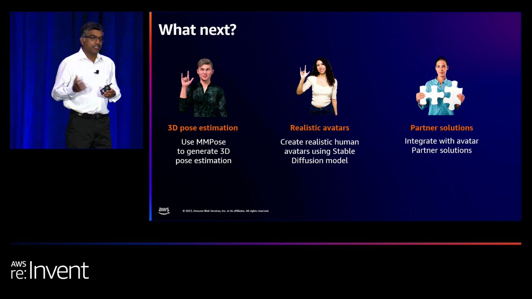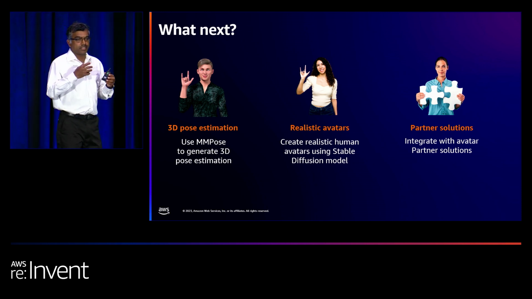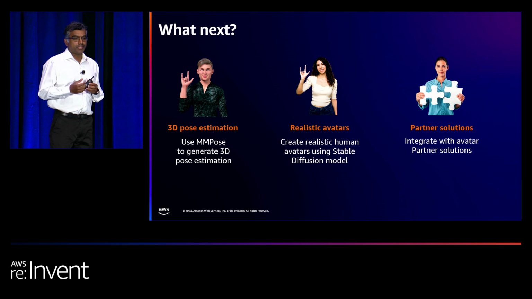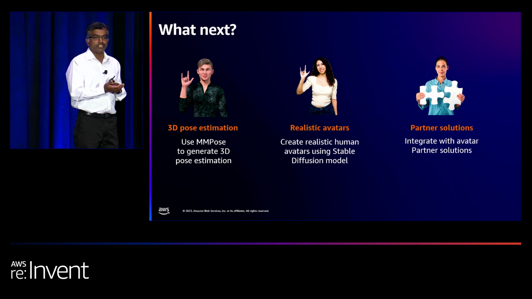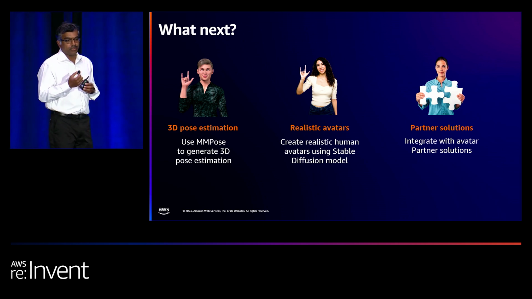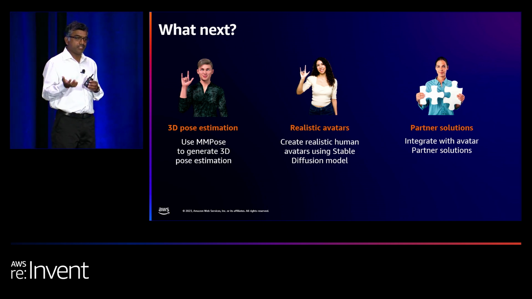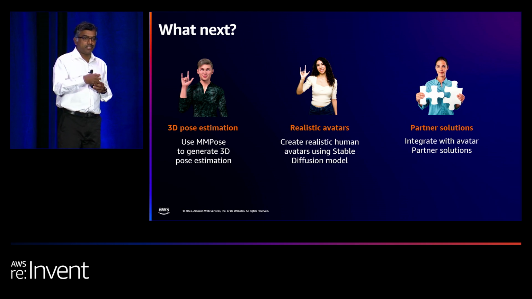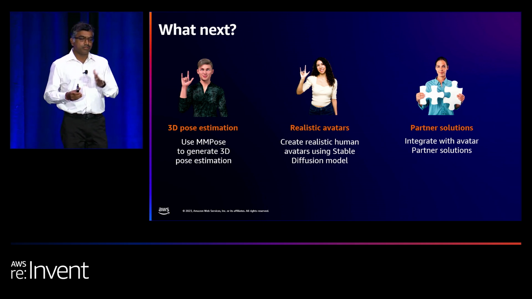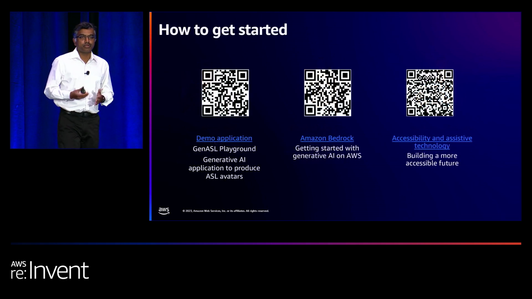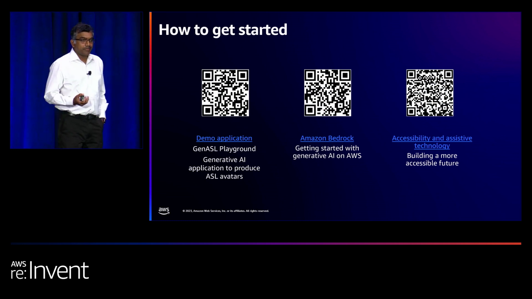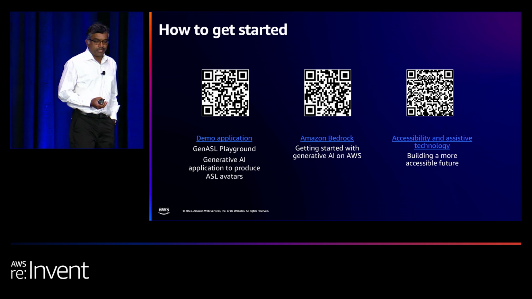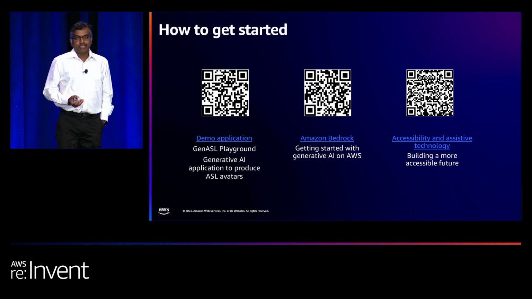So if we can do the same thing in reverse, we can record a real-time sign video, and then take the video frame by frame, send that through pose estimation algorithms, and collect the key points, and then compare the key points and search against the key points database, and get the gloss, and then from the gloss we can go to text, and from the text to audio using Amazon Polly. So that's the next.